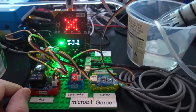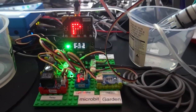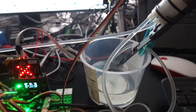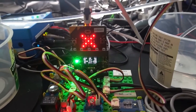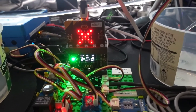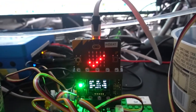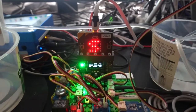So to give you a demonstration, what we'll do is enable the pump. So the pump's now enabled, and we'll simulate a dry condition by taking the watering unit outside, and every 20 seconds the system polls the result. So we'll just wait until we get a new reading, and the pump should go on. So the pump is now on, and we're taking water from here and dumping that water over here. So there's an emergency control too, so if we want to turn off the pump, we just press the emergency stop,